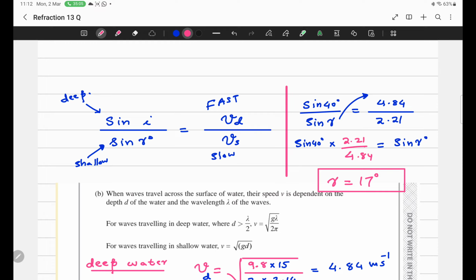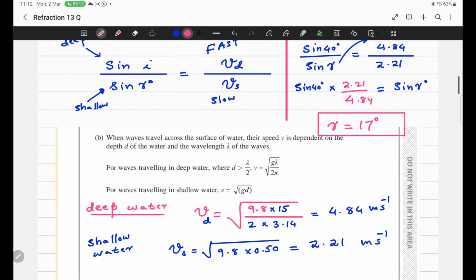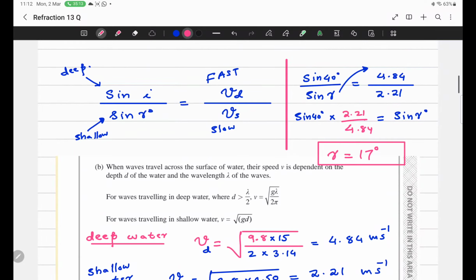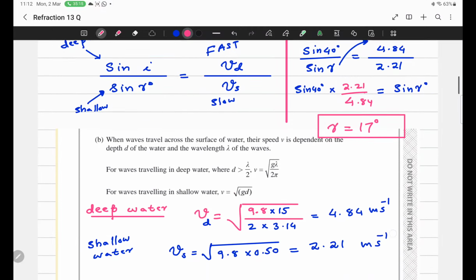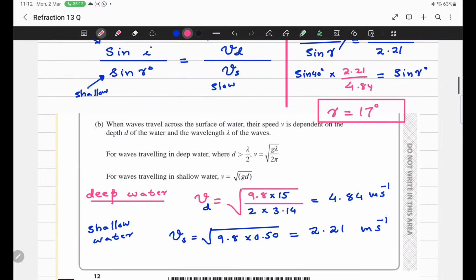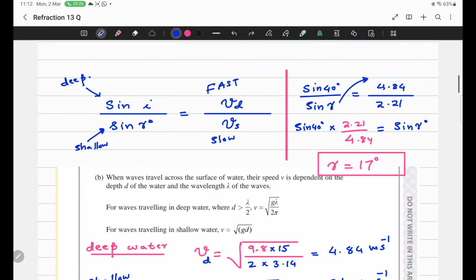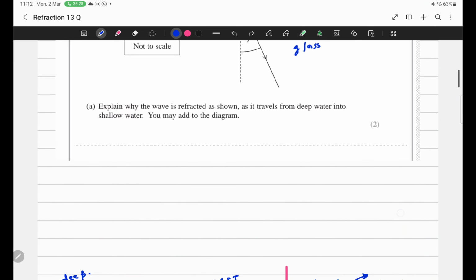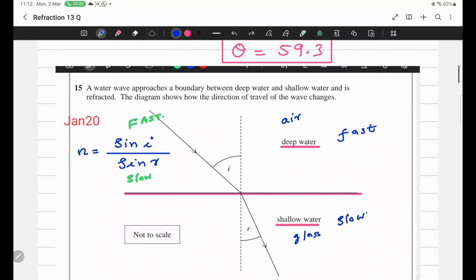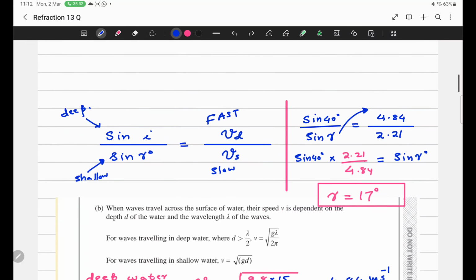So the question is not simple. नहीं ना बेटा, ये भी तो देखो। एक तो इन्होंने हमें स्पीड कैलकुलेट करने पे लगा दिया कि डीप वाटर में पहले कैलकुलेट करें फिर शैलो वाटर में कैलकुलेट करें। खैर आई थिंक कि अगर आपको आसान लगा अच्छी बात है, लेकिन मेरे ख्याल में बेटा ये सवाल मुश्किल है, नॉर्मल सवाल नहीं है।